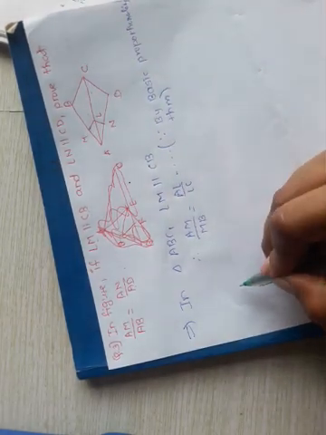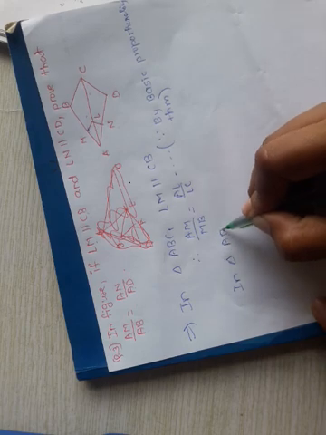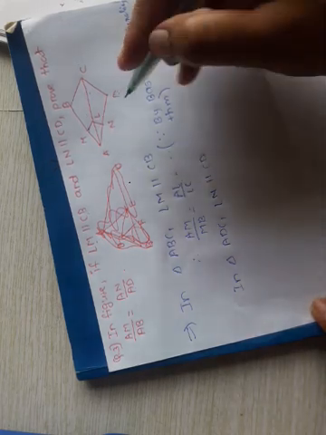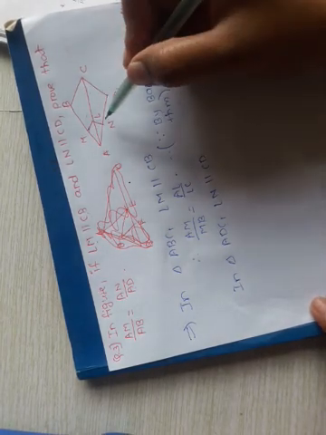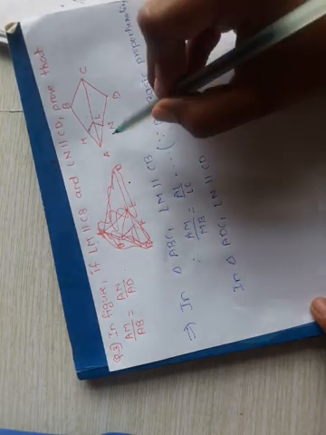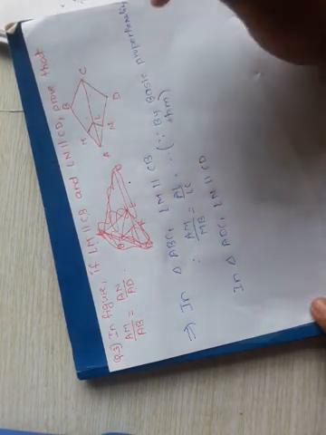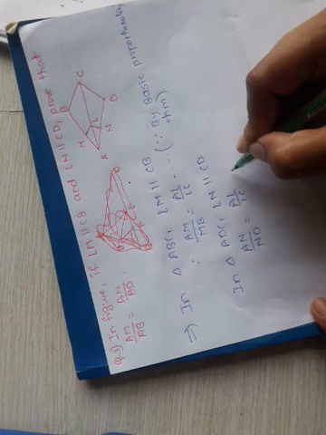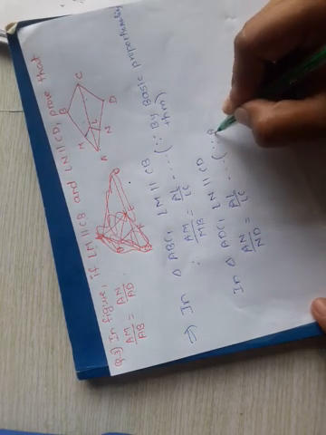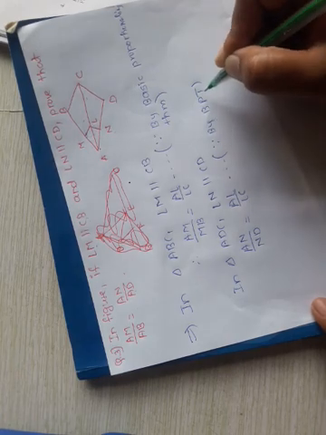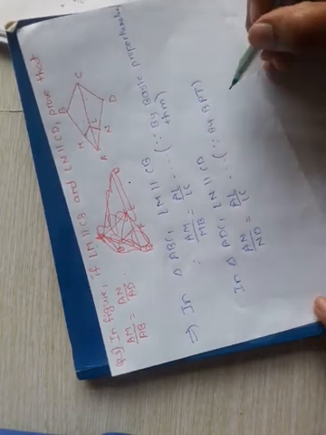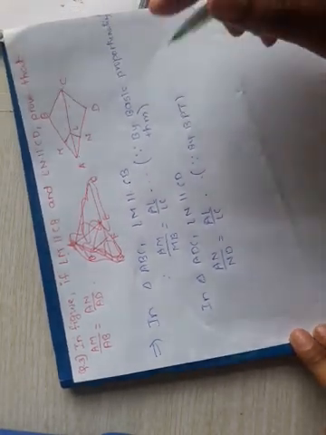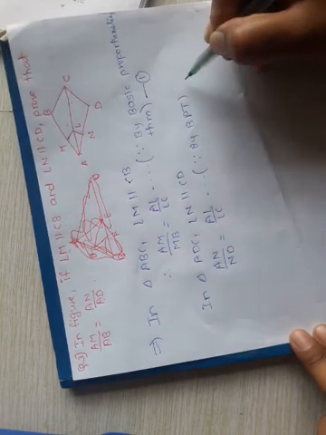Again in triangle ADC, write down, in triangle ADC, LN is parallel to CD. If LN is parallel to CD, then we can use again the basic proportionality theorem. So the ratios must be equal. Which ratios? AN upon ND is equal to AL upon LC. So write down, AN upon ND is equal to AL upon LC, since by BPT. I am writing BPT here, but you must write basic proportionality theorem, because if you write BPT, they cut your marks. Give it equation number 1 first, and this as equation number 2.